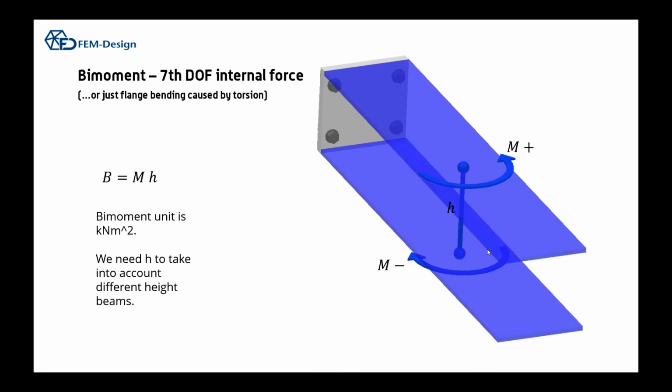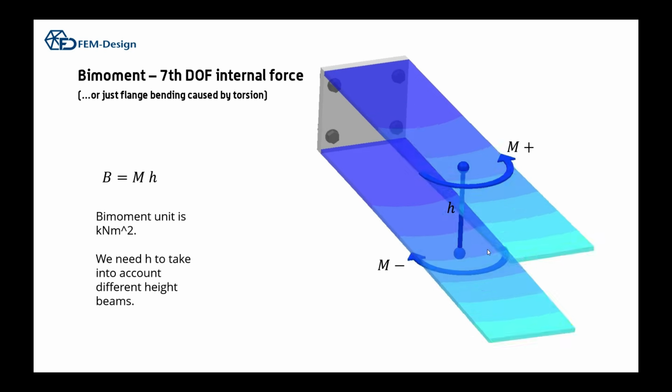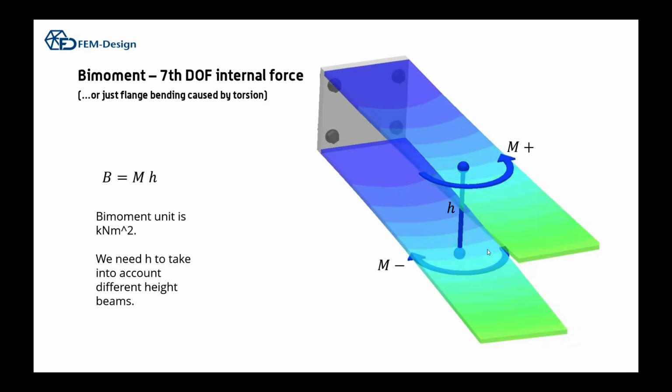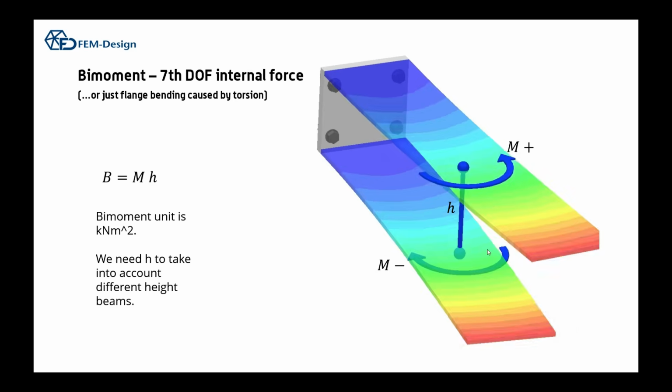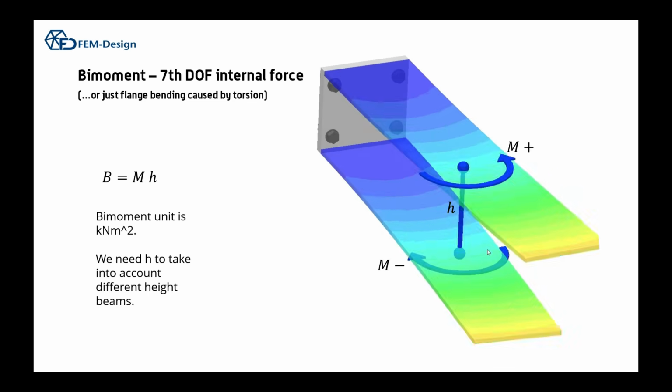And the unit is kilonewton meters squared, because we have this height property. And we did this height because the different beams are different height. So we always get the Y moment, and those bending moments have to be equal. But bear in mind, this only works with the I-beams, and in reality, there's a multitude of shapes and thick